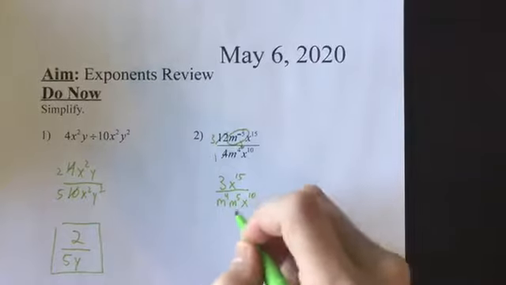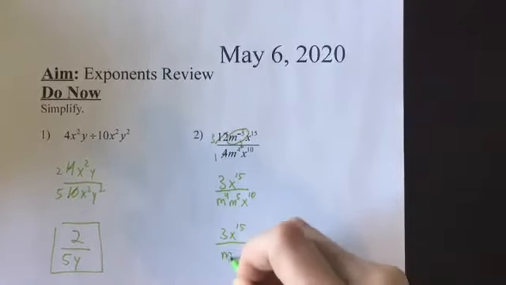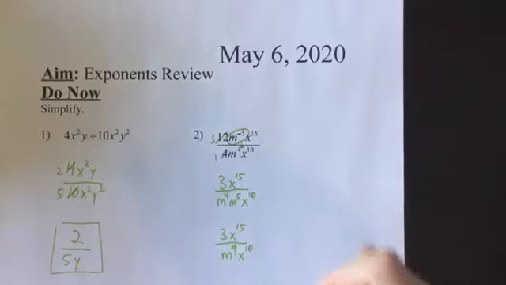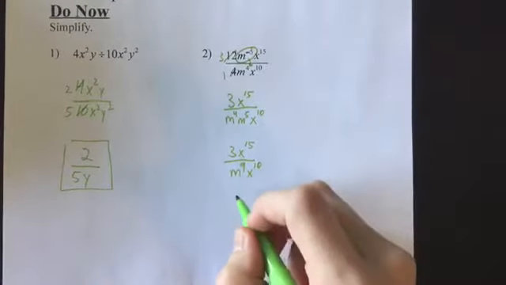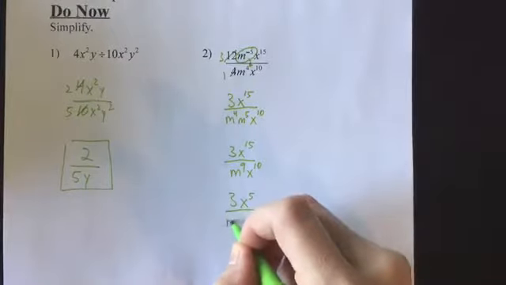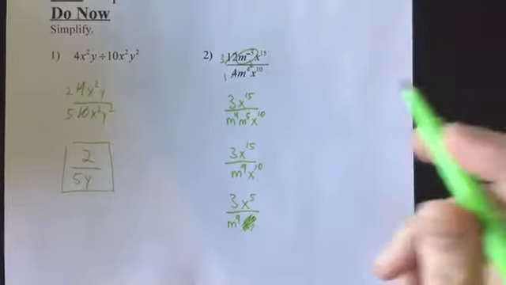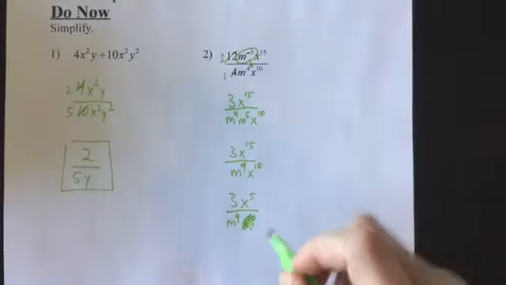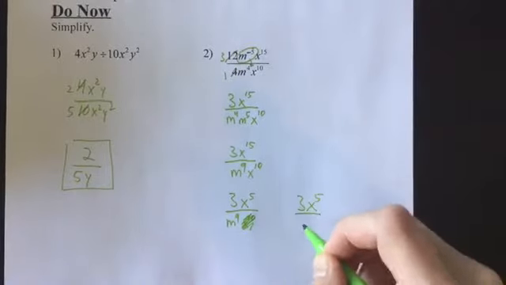Now we can combine that m to the 4th times m to the 5th, which will give us m to the 9th. And then we think about canceling here. We've got 15 x's on the top, 10 on the bottom. We can cancel 10, which will leave 5 left over on the top, right? I'm just visualizing crossing out all of those x's that would cancel. So our final answer, 3x to the 5th,